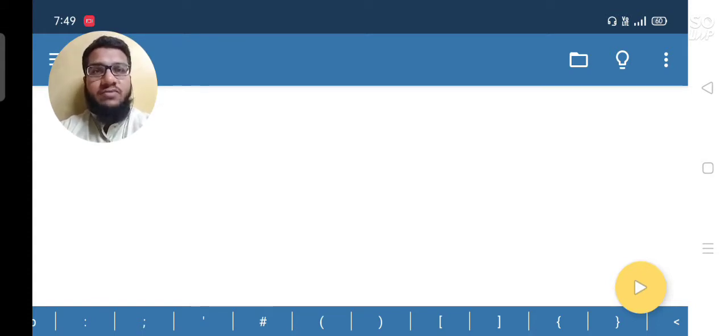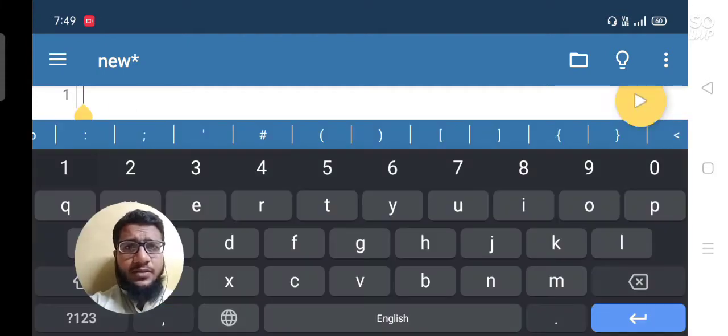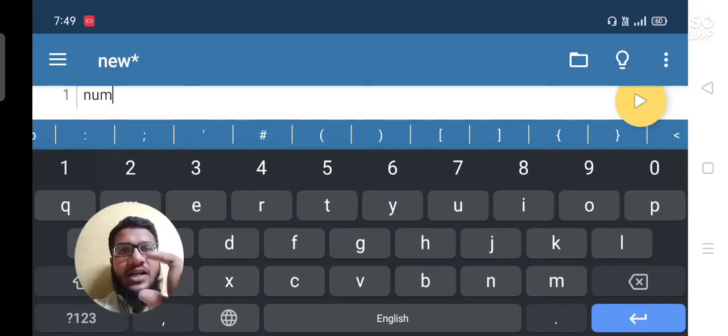And today we will study data types and variables in Python. First of all, we'll create a variable here, and the name of the variable we will give is num. So what does this variable mean? Say for example, you have one cup, or one bucket, or any type of container.